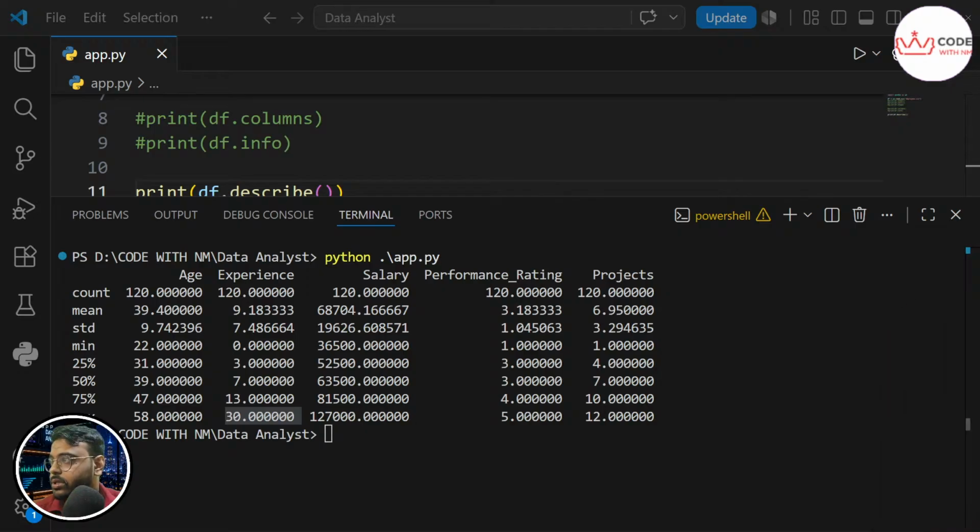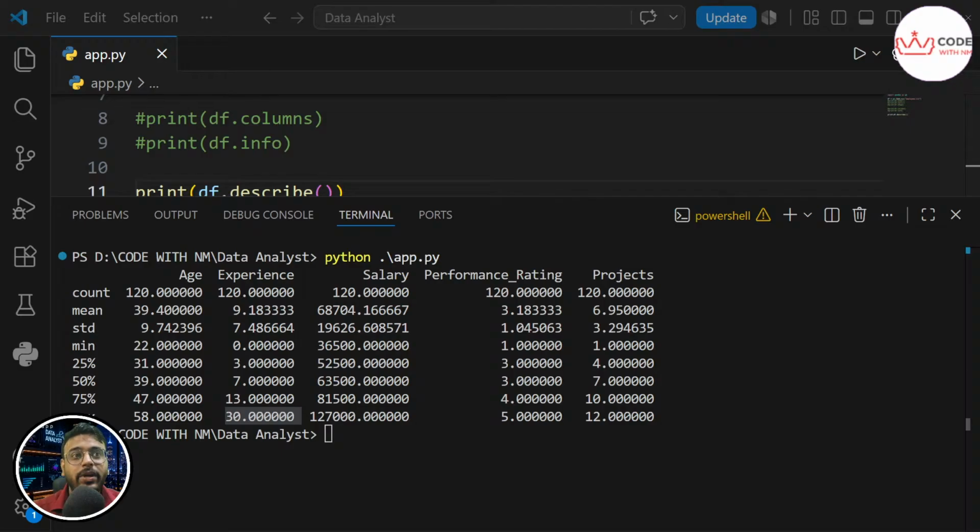Let's take the 25% quartile, it's 31. So 25% of employees are age 31 or younger. Means out of 120, 25% of employees are age 31.